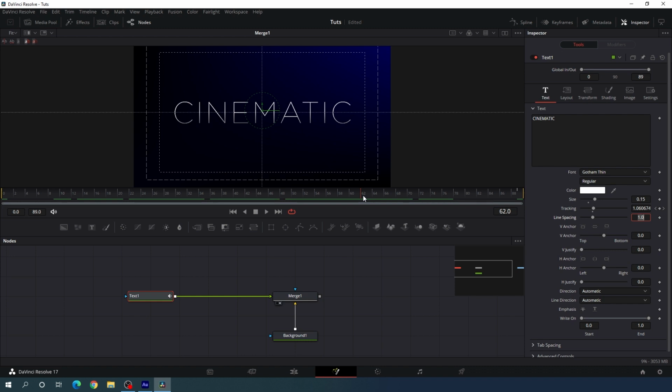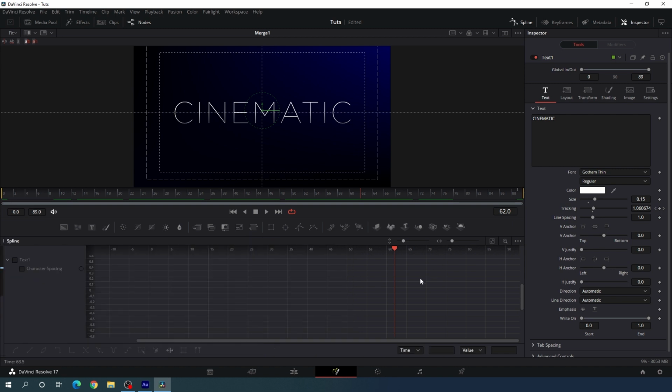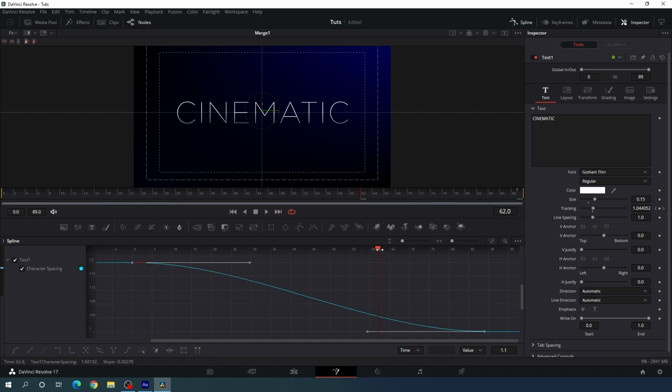But this animation is linear right now, so we have to make it smoother. Just go to spline window, hit F4 on the keyboard to full screen, check this option character spacing, click on fit button, and here we have both the keyframes. So select both the keyframes, hit S on the keyboard to smooth, set the CTI at the very beginning of this